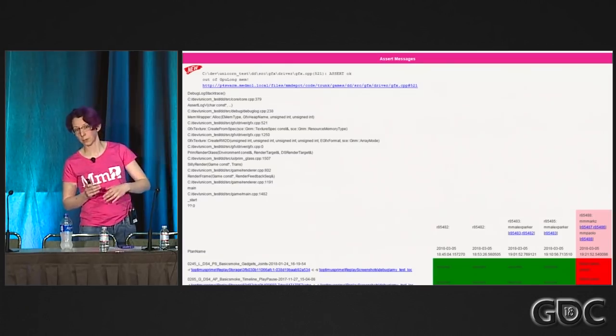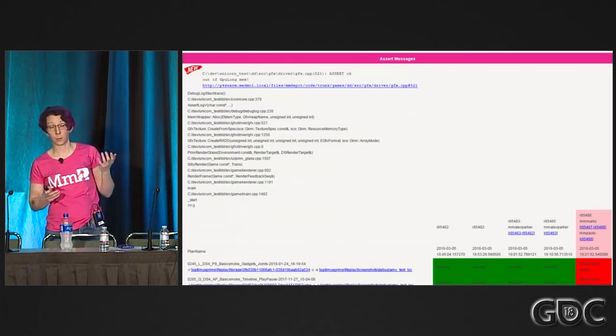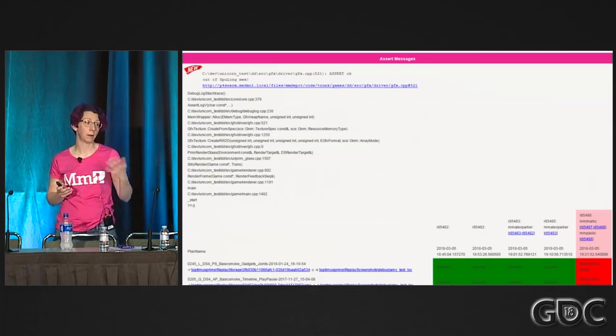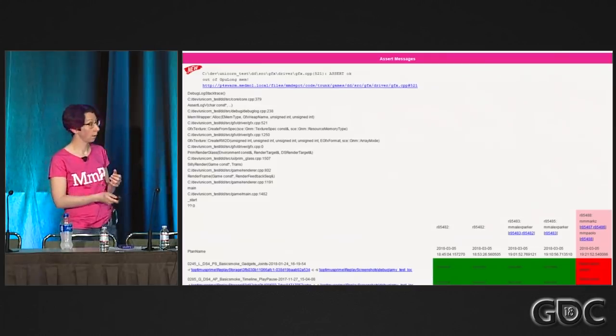By the new button, occasionally there's also a Jira button, because I look up in Jira to see if there's an existing bug for this. And it looks up based on assert message and based on call stack, but with the line numbers stripped out because they tend to change. And that's a clickable link. So if there's a Jira bug, then you can click on it, go to the bug in Jira, read a bit more information, fix it, mark it fixed.